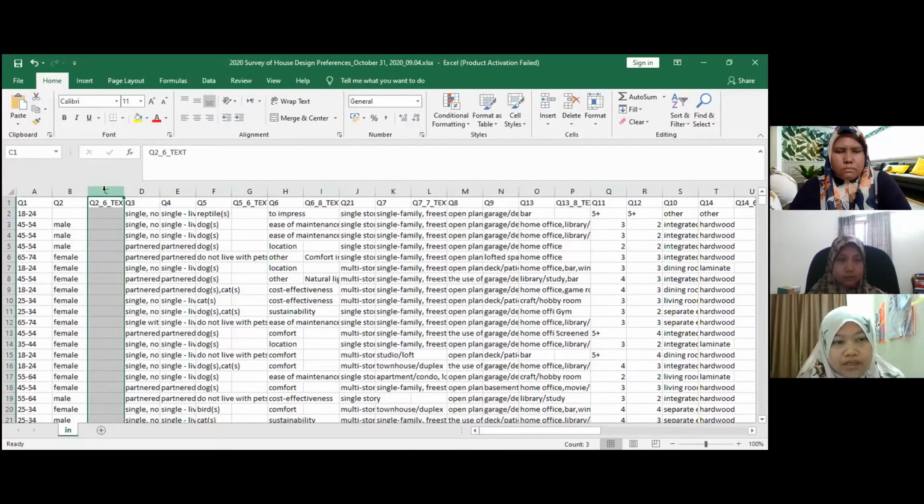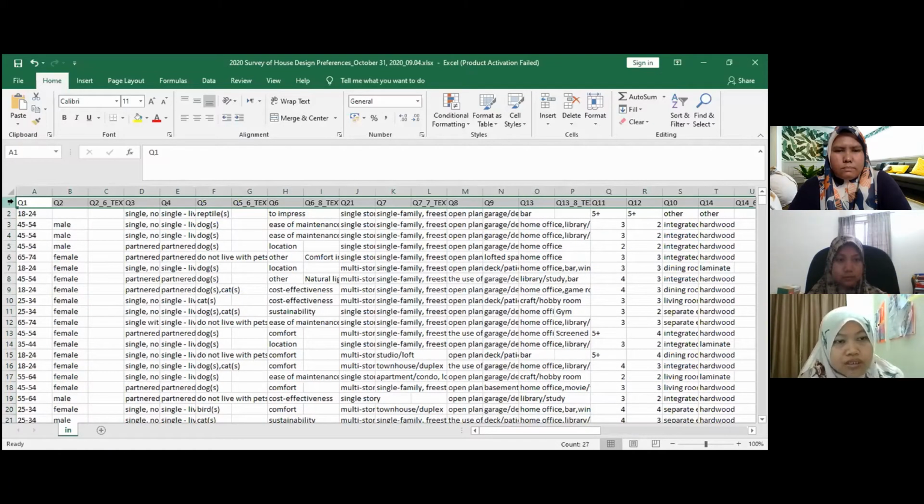We have decided not to analyze the columns which provide opinion data, where the user can input text, and we also decided not to process the data for question 5. Okay, so the first row is a column header for this data set.